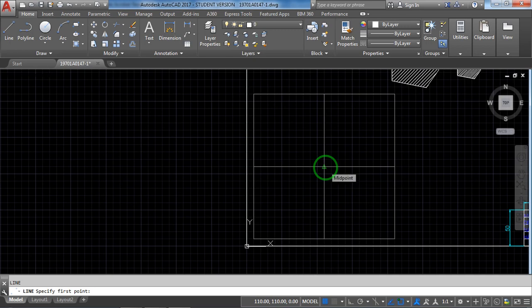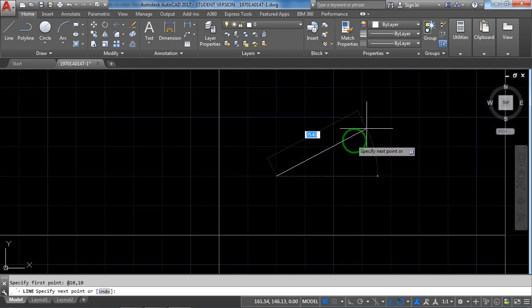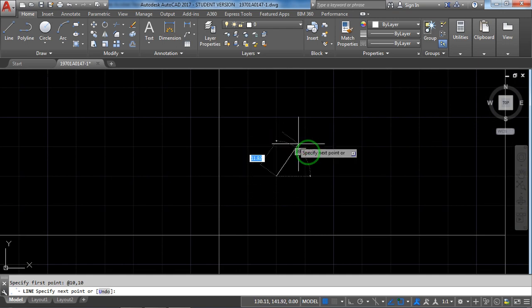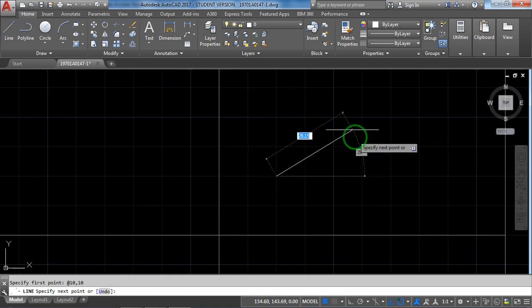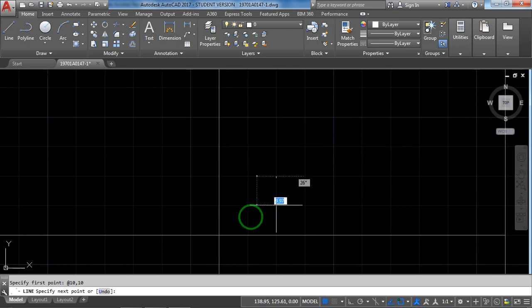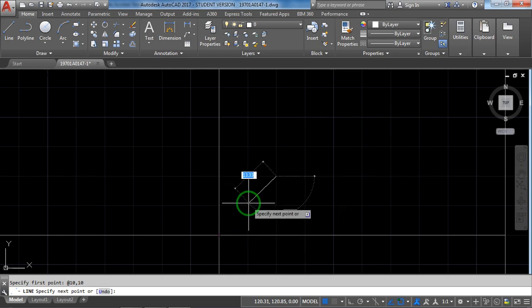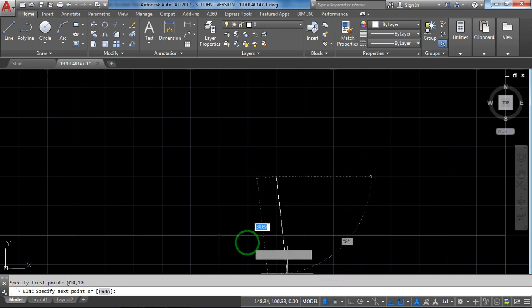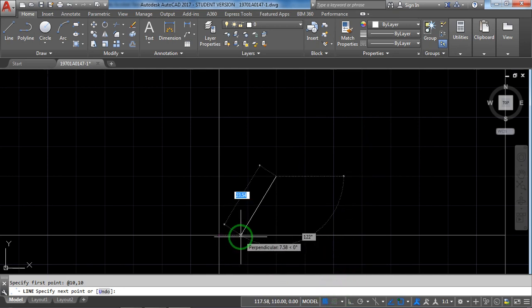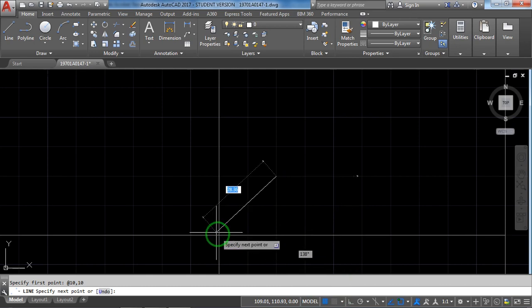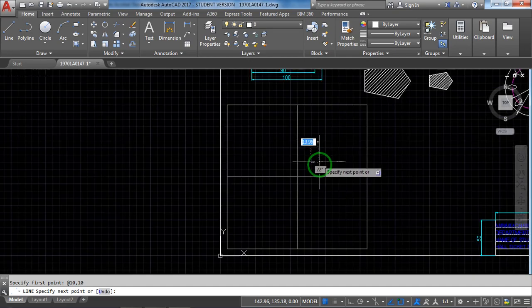Now leave it and now enter the distance @ 10,10. See, you noticed this point came directly here. I have taken the line command. After that I have shown the reference point with the help of the green mark, which is nothing but the snap mark, right? I have not clicked the mouse there, I have just placed it there. From that particular point, I have given @ 10,10. Now it came to here.